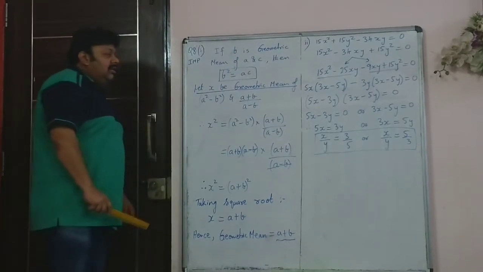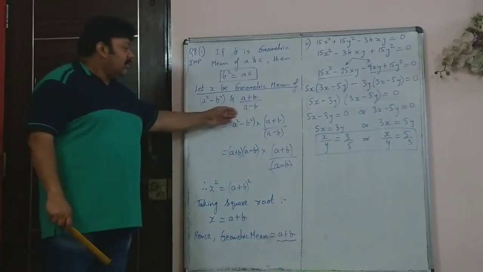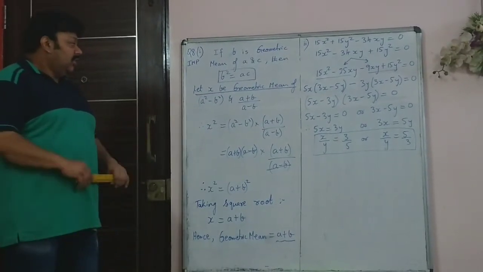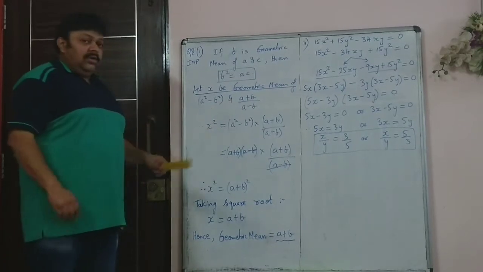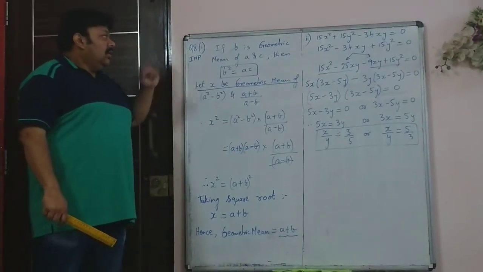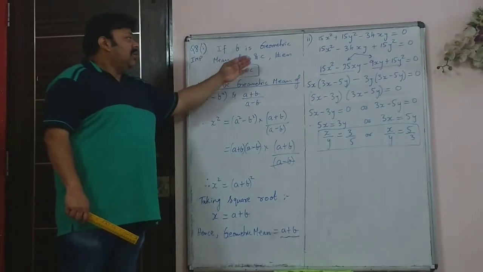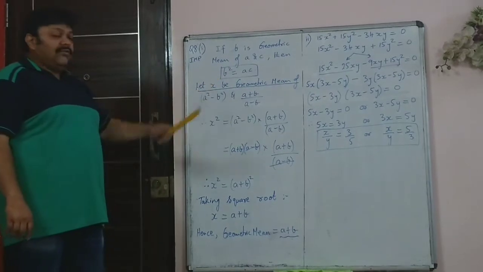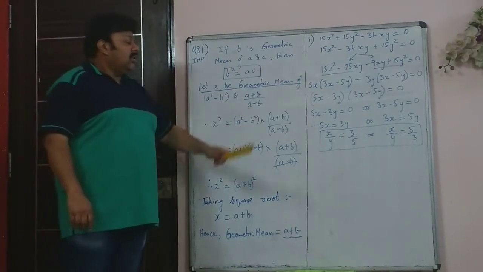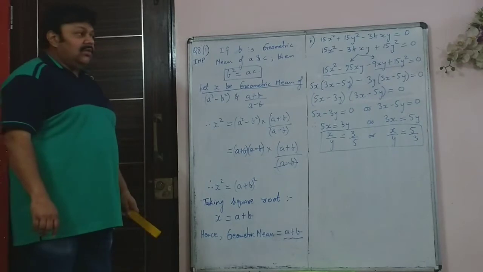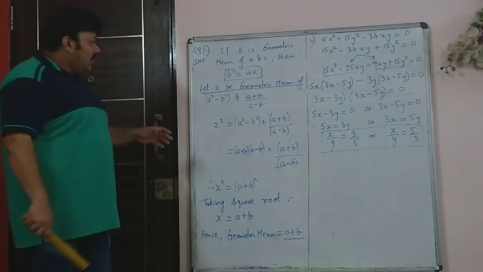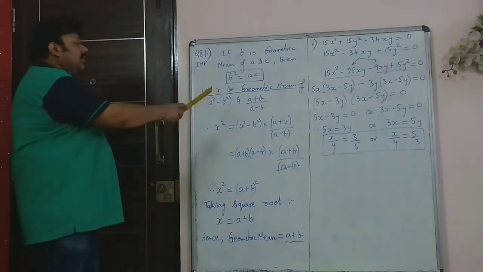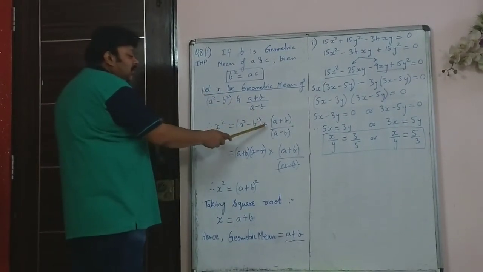So we have given that you need to find what is the geometric mean. Another word for geometric mean is mean proportional between these two terms. So now we have that if b is geometric mean of a and c, then b squared is equal to ac. This you have learned. So therefore, let's assume that x is the geometric mean of these two terms. That would mean that x squared is equal to these two terms multiplication.